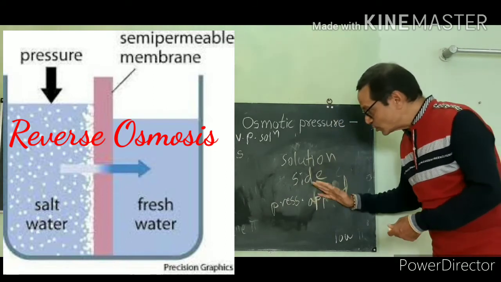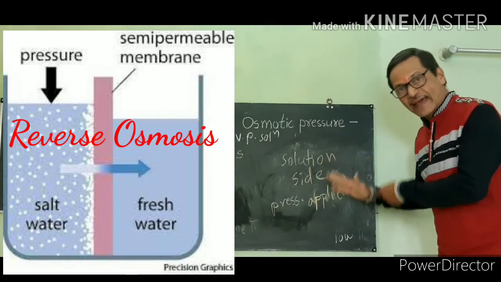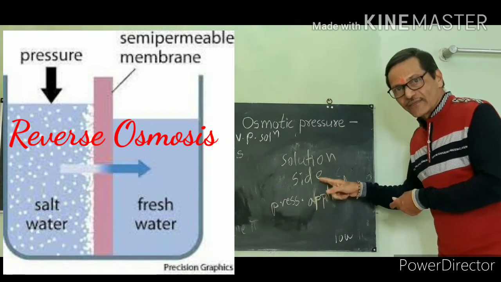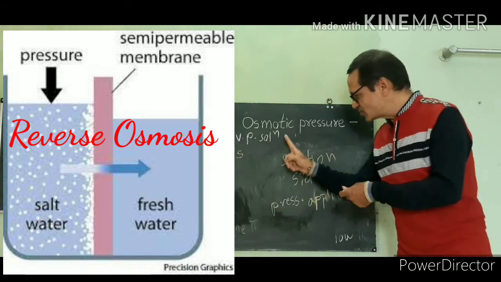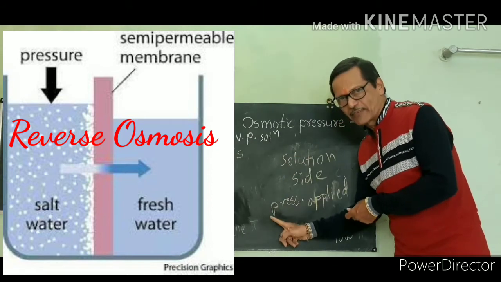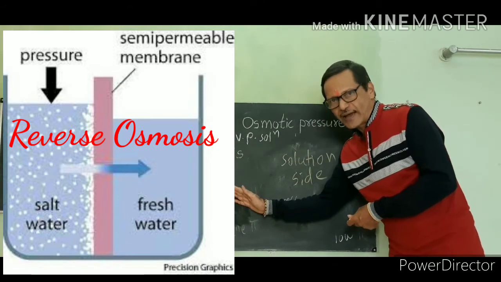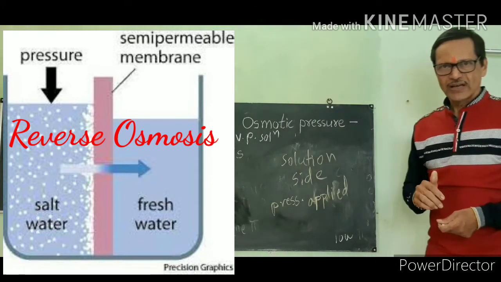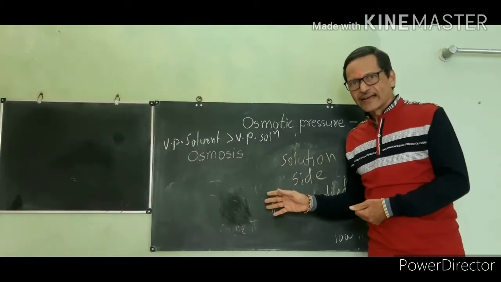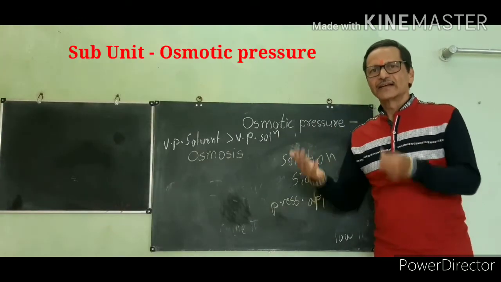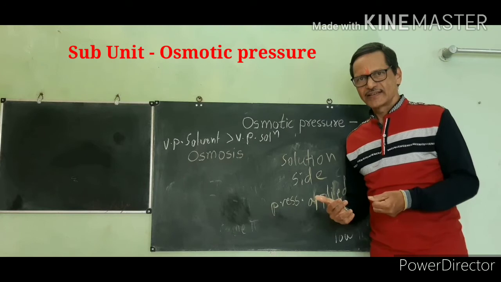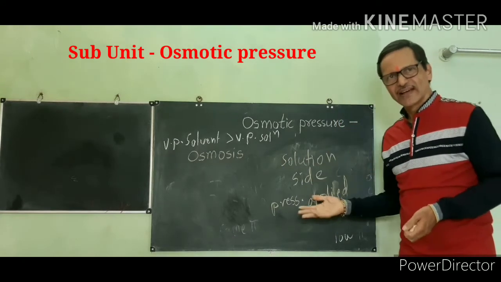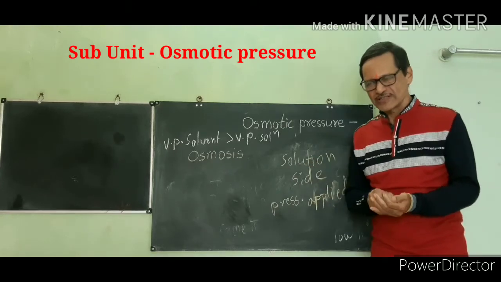The solute particles remain there, but the solvent, that is water, from the seawater passes through the semi-permeable membrane to the water side, the solvent side, and this is called reverse osmosis. And in this way, in Arab countries, drinking water is prepared. Seawater is collected. There are many videos you can see on the basis of reverse osmosis.